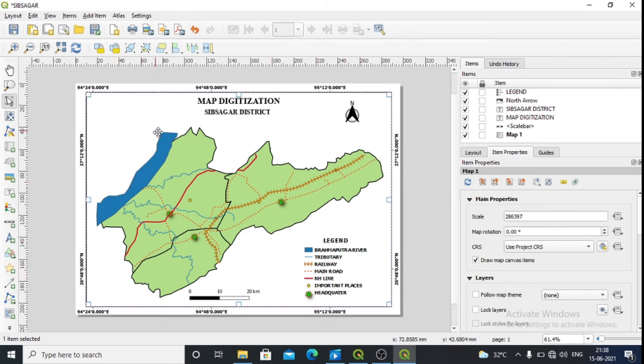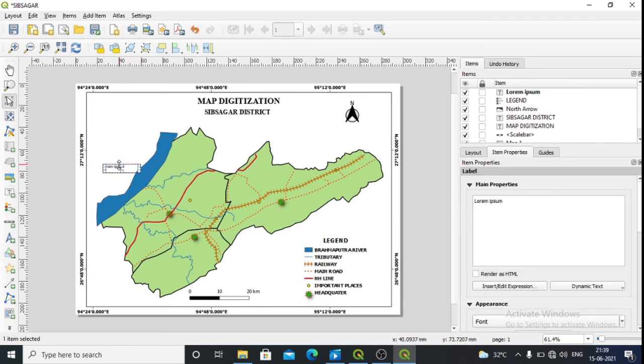Now suppose you want to add names, you want to name this one river. So go to label, add a text over here. Type the name here, Brahmaputra river.